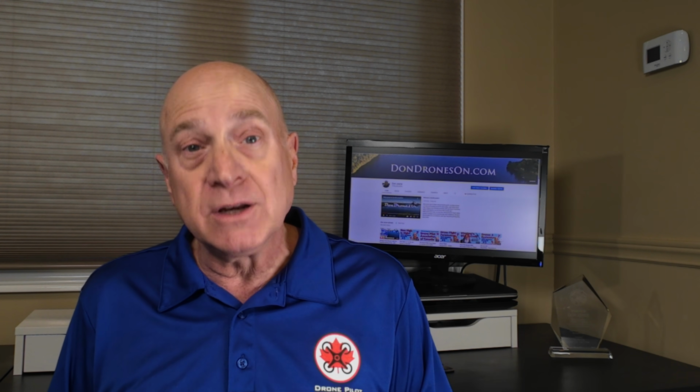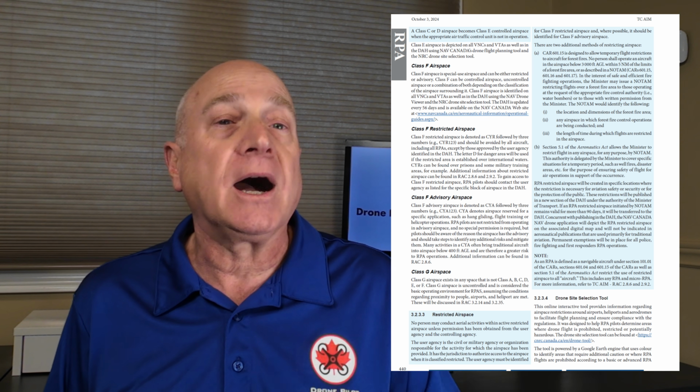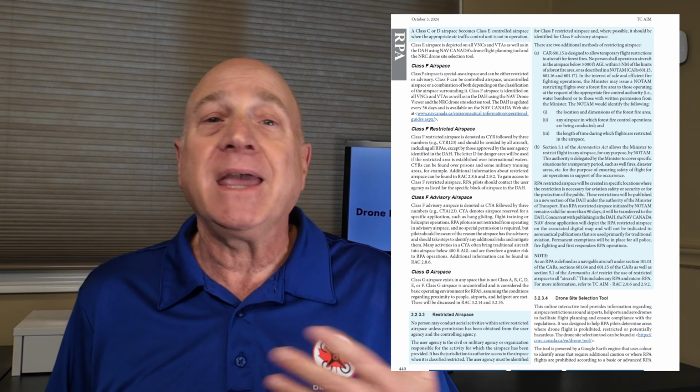The Aeronautical Information Manual, or AIM, is a great reference for all pilots, both for manned aircraft and for RPAs. The AIM is updated twice a year and provides pretty readable interpretations of the Canadian aviation regulations, including those applicable to drones and RC aircraft. Changes from one edition to the next are highlighted with blue backdrops, making it very easy to find updates.